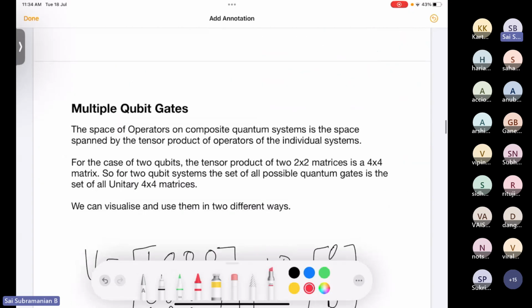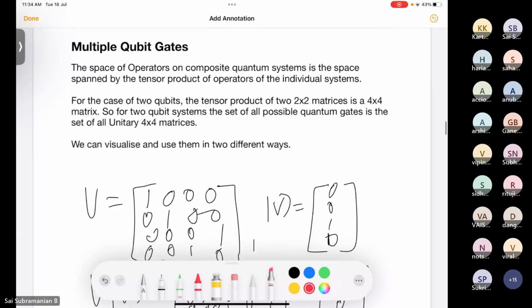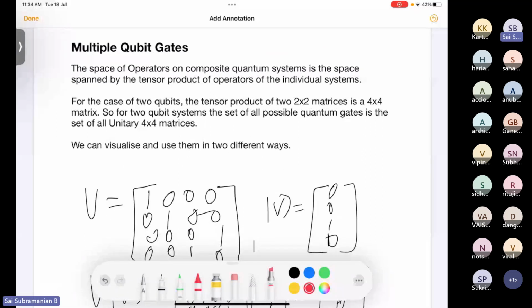And now we go to multiple qubit gates. So again, a general statement on multiple composite quantum systems. The operator space for them is the space of tensor product of the operators of the individual systems. So if we have operators for individual vector spaces, we take the tensor product, and that's what gives us our